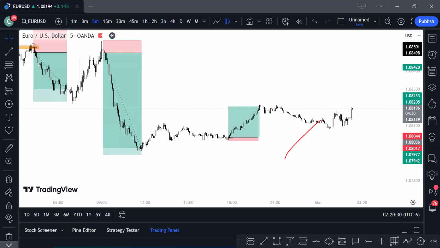Do you get? Now we have a sweep of liquidity here. Had price taken out this high, and this gave us a structural liquidity, I would have taken this buy, because it seems that this is what price is doing currently right now. And where is it heading to? Price is heading to the upside. Do you understand?